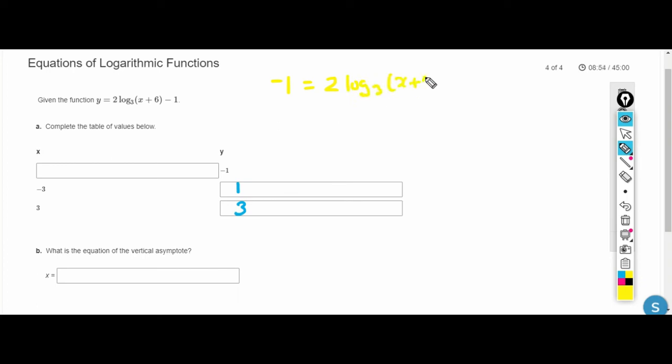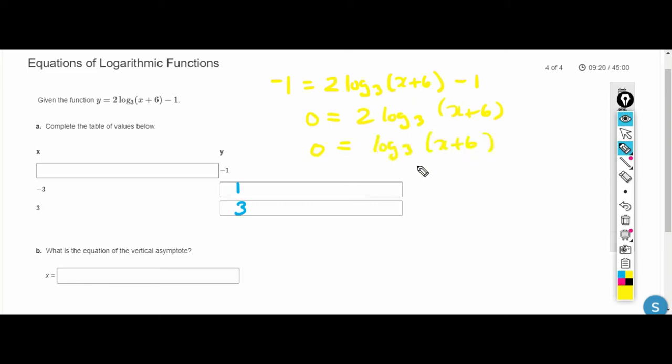So x plus 6 minus 1. Okay, so kind of a log equation, but again, don't panic. Just figure out what x is. So let's clean this up as much as possible, and going to exponential form will help us towards the end. So let's add 1 to both sides, and that means 0 equals 2 log base 3 of x plus 6. And I can divide both sides by 2,